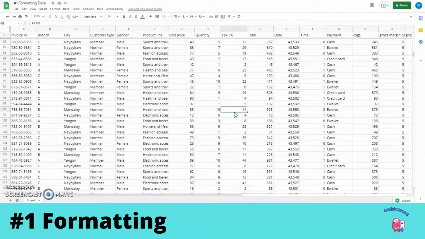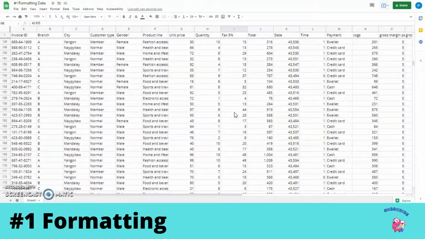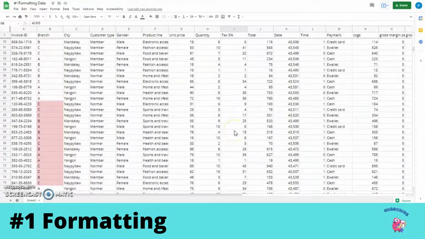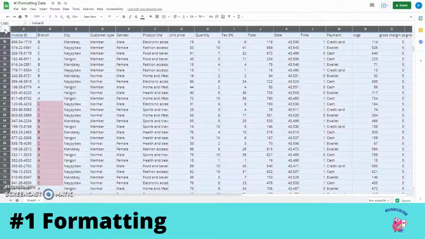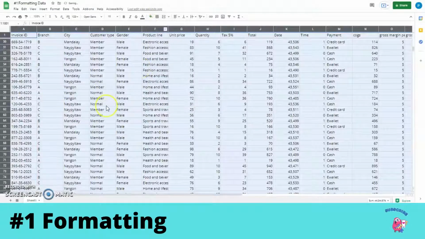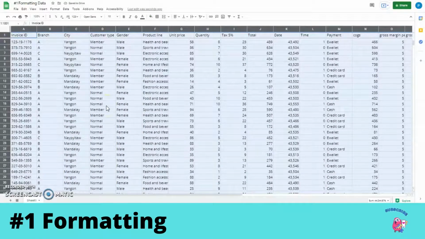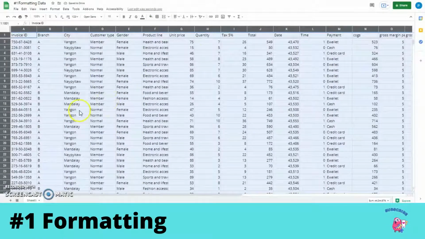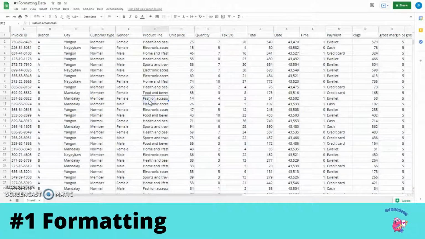The complete data is in the right format as of now, but let's check again. Oh no, as you see here, we have to remove the cell colors too, because they are not in the other places. So again select the complete sheet, go here, fill color, and reset. Now I can say that the complete sheet has the same format, and now you can share it with your superiors or subordinates to use this data.